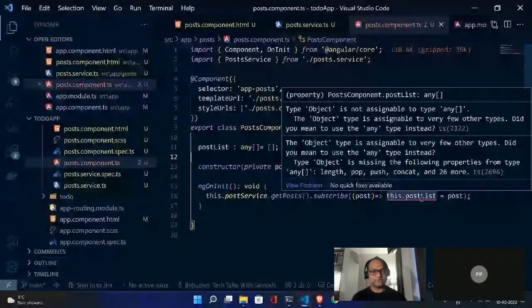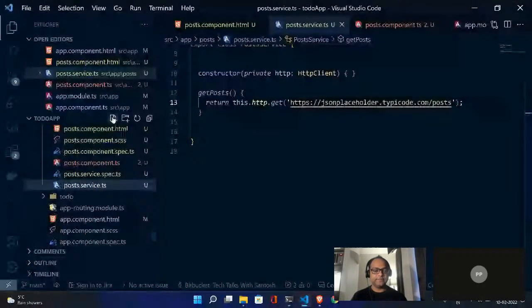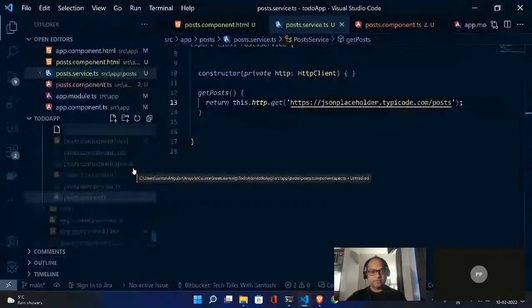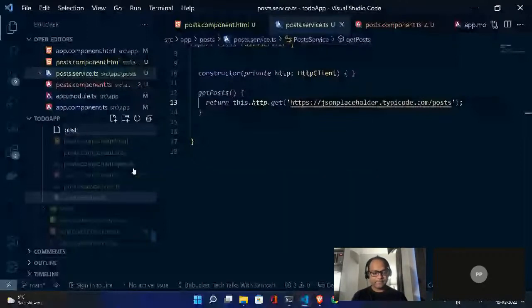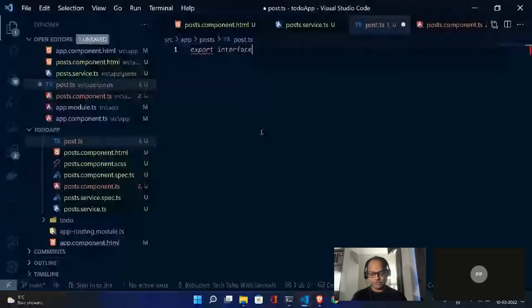So what next is to be done? Angular allows you to do mappings. So all these values being sent by your API, you can map by creating an interface. So let's create that interface. You can also do ng generate interface, but I find it quicker to add a new file. So I'll say this is post.ts, and we can export interface Post.